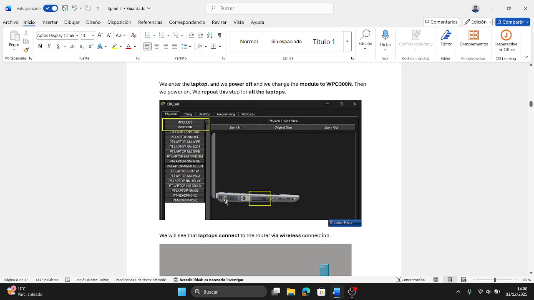So we click on this circle button, and the module we are going to change is this. So we have to click on WPC300N, and we have to put it in this part of the laptop to use it.